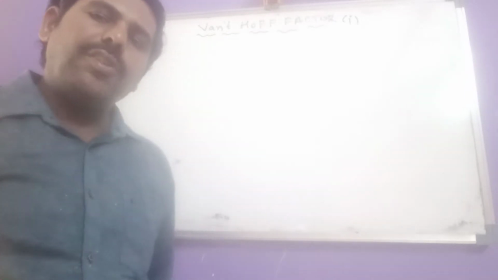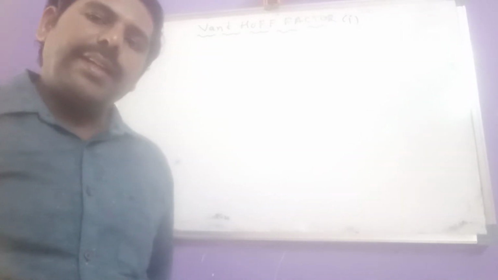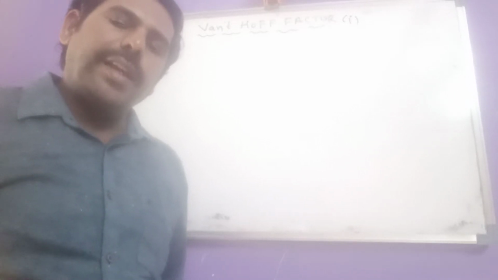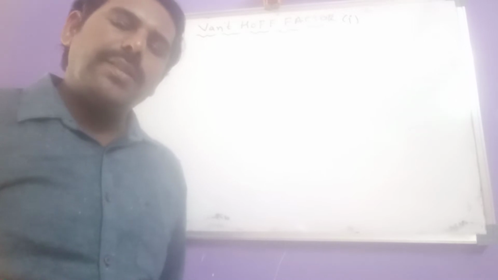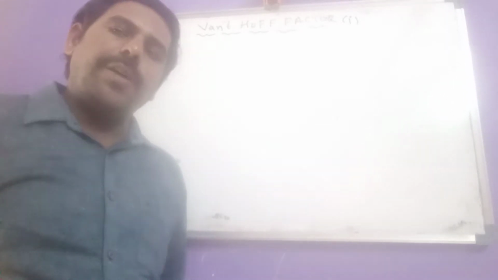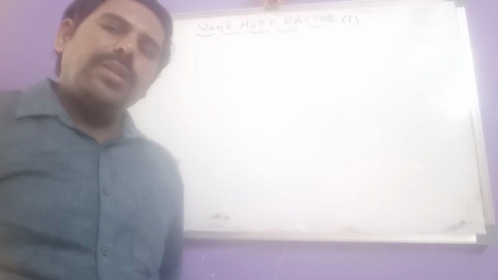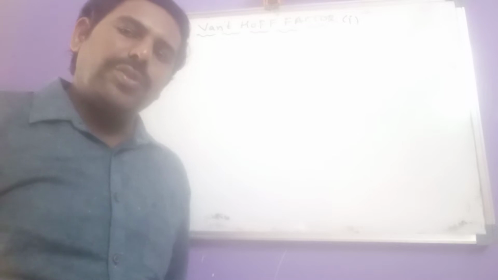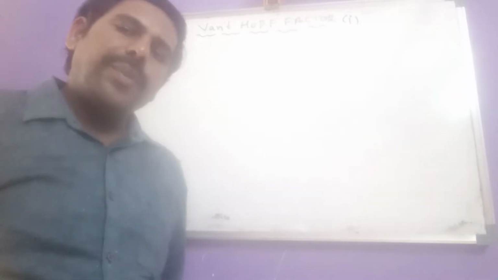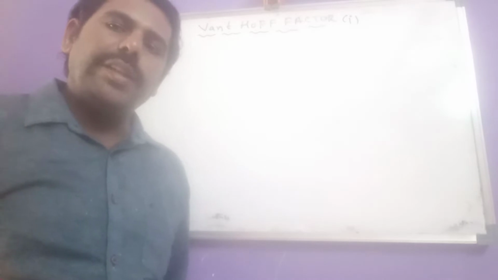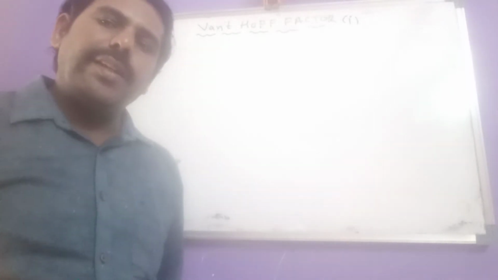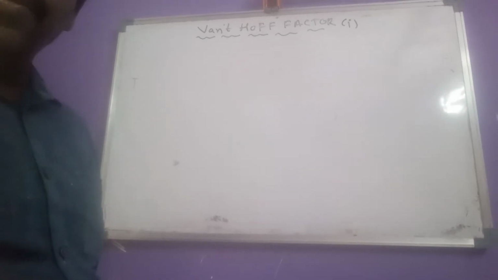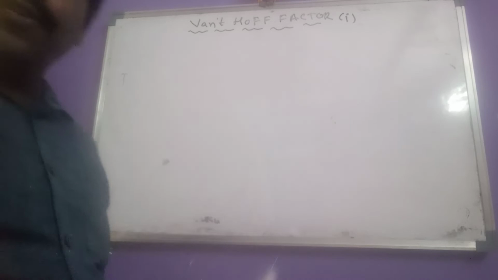Only for non-electrolytes do we get the exact molecular mass. So that is the problem in determination of molecular mass using any colligative property. To account for this, the van't Hoff factor is introduced, to account for the association or dissociation of any solute. So here we have to go for the van't Hoff factor i.